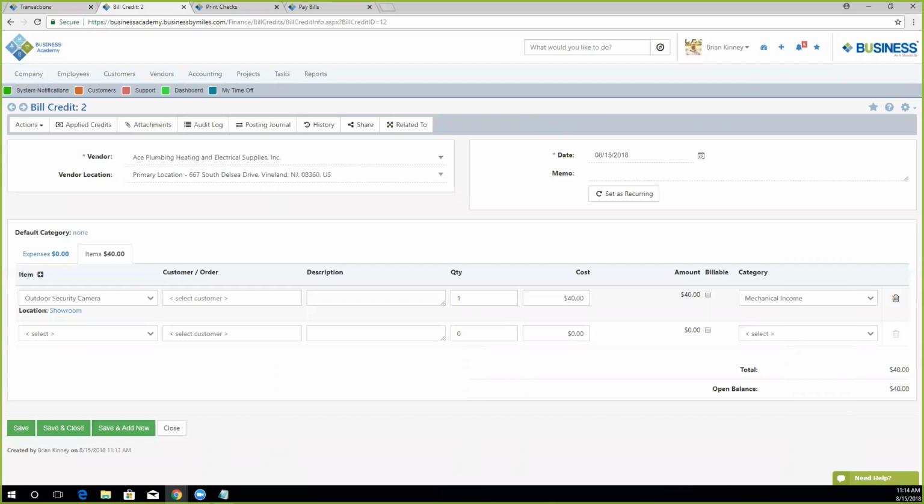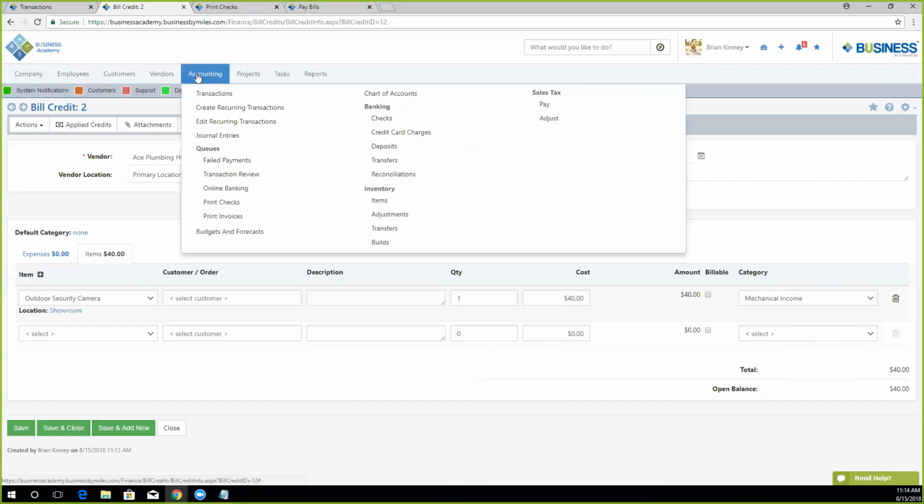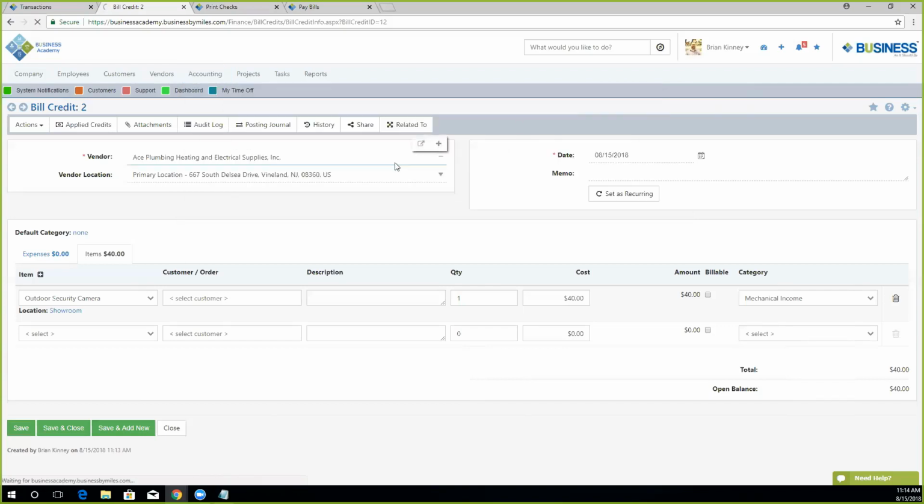Now, the last transaction I want to demonstrate before we jump into some reporting is the financial transfers. If I want to transfer funds between either banks or, say, from a GL account to another GL account, I can click accounting, and underneath banking we have transfers. And here we can go to our fund transfers list, and this will allow us to view any transfers that